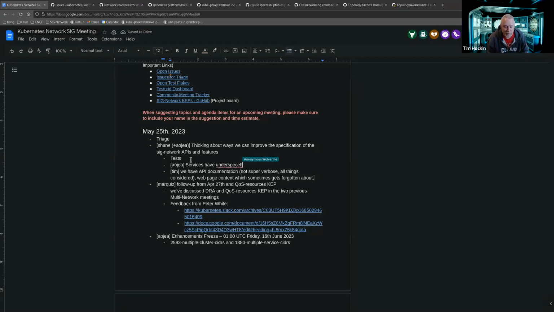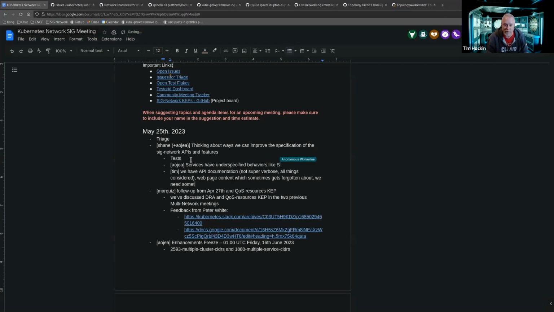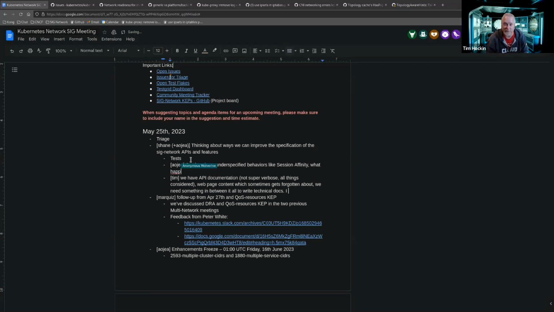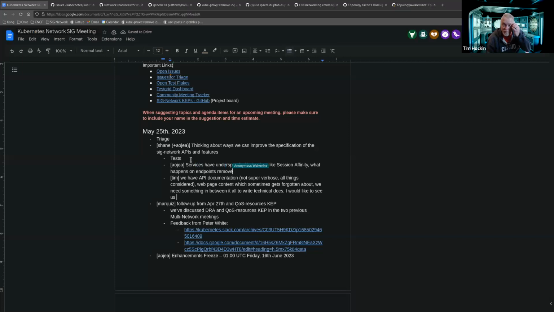And so we don't have a good place in between to write sort of technical docs. Now, Dan started this implementer's guide for kube proxies, right? Which is awesome, but it wasn't clear to me where it should live. How do we actually share that information with people? I would like to see us, especially as one of the lower down the stack SIGs who has a lot of surface area, explain more what these things mean.